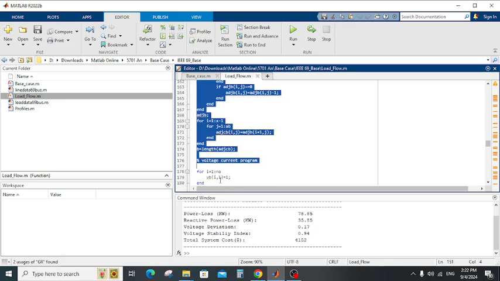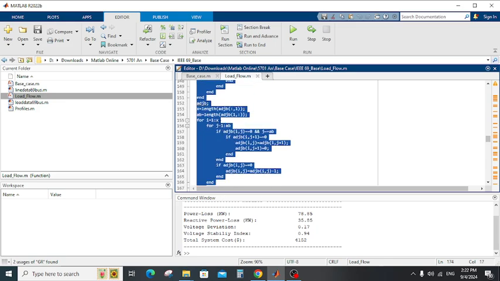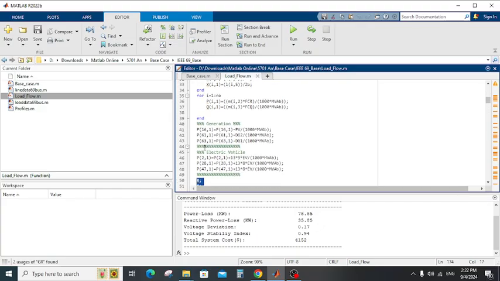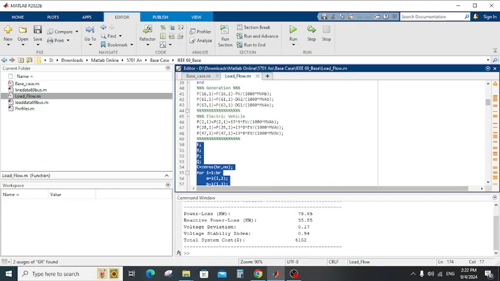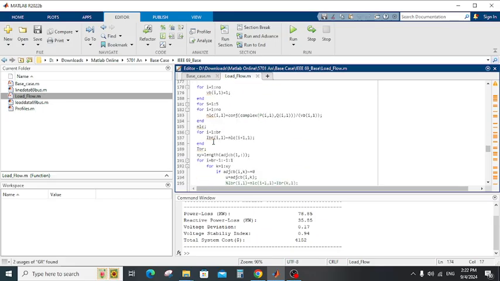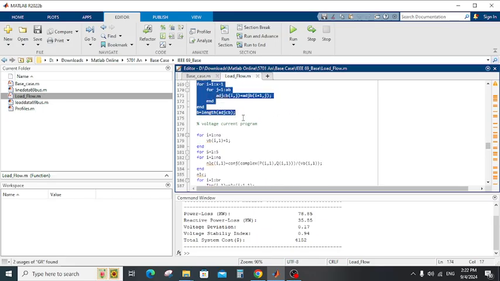This code is from line 50 to line 174. After arranging it as a radial network, we start to calculate the voltage and current